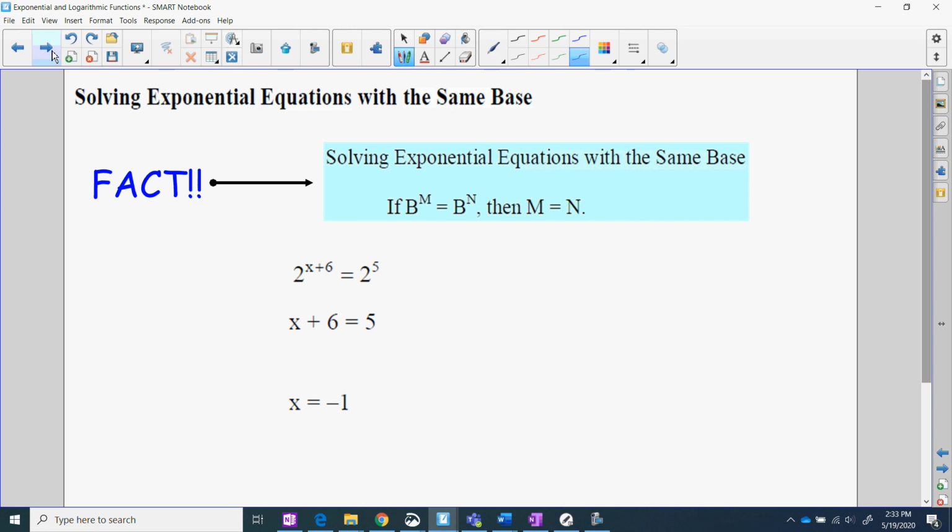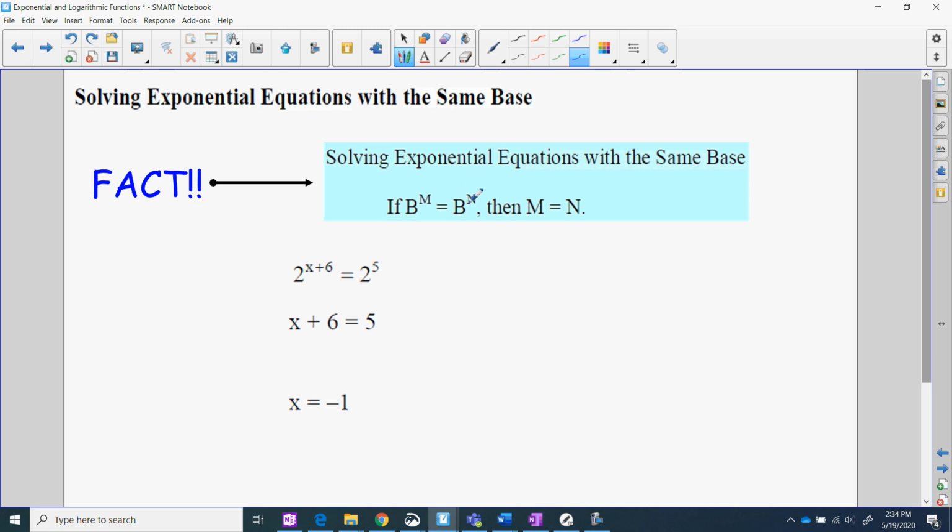And I'm going to show you how to solve these. And again, this is for the most part quite straightforward. Based on the conditions we're working under this semester, we'll keep things pretty basic for you. This is what they call the principle of equality, and it really is almost self-explanatory. If I say b, some base, a number, to an exponent equals the same base to some other exponent, there's only one possible way that statement can be true, and that is if that exponent is the same